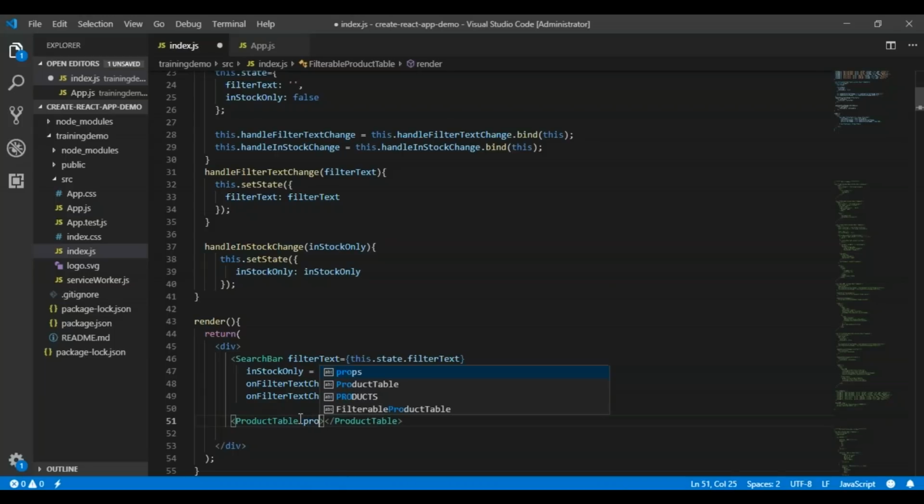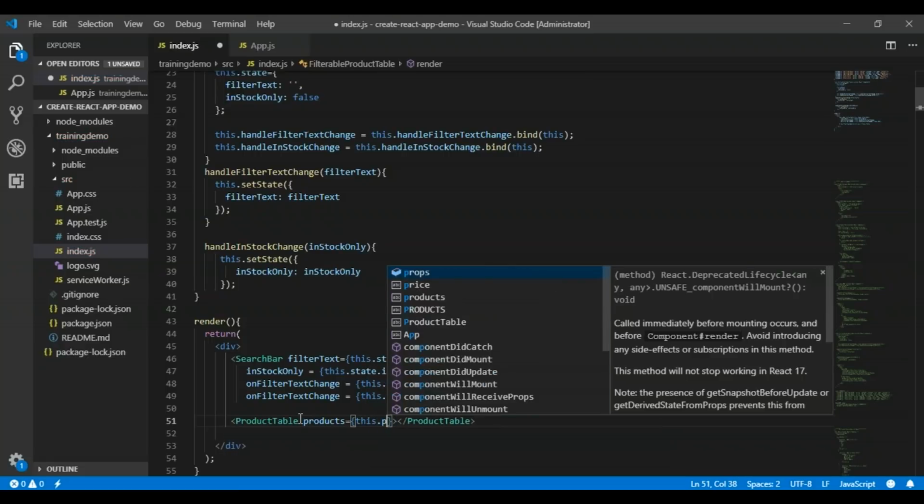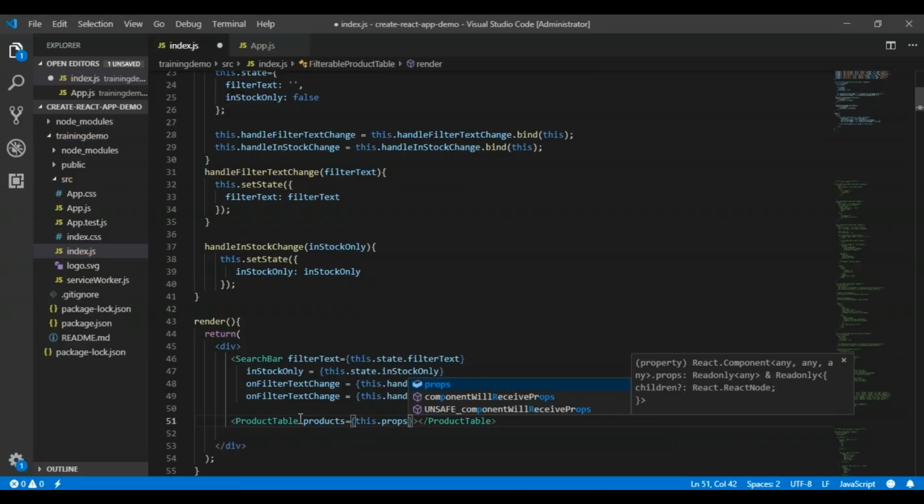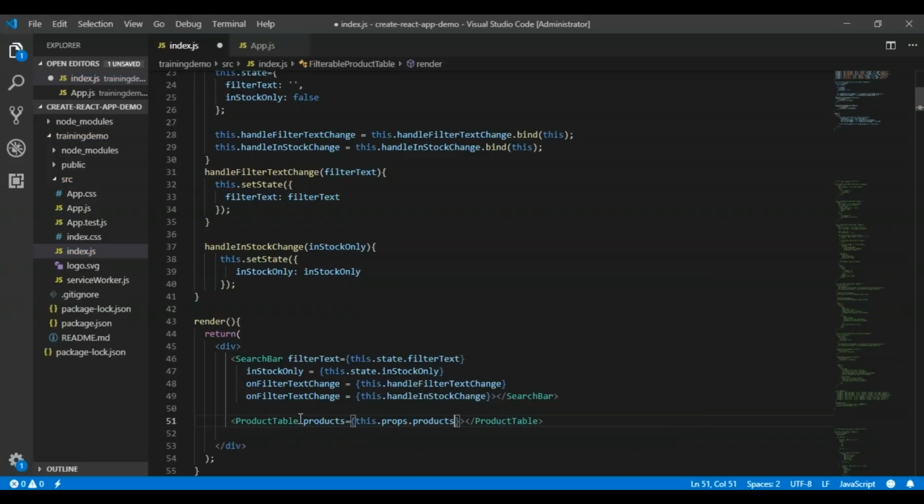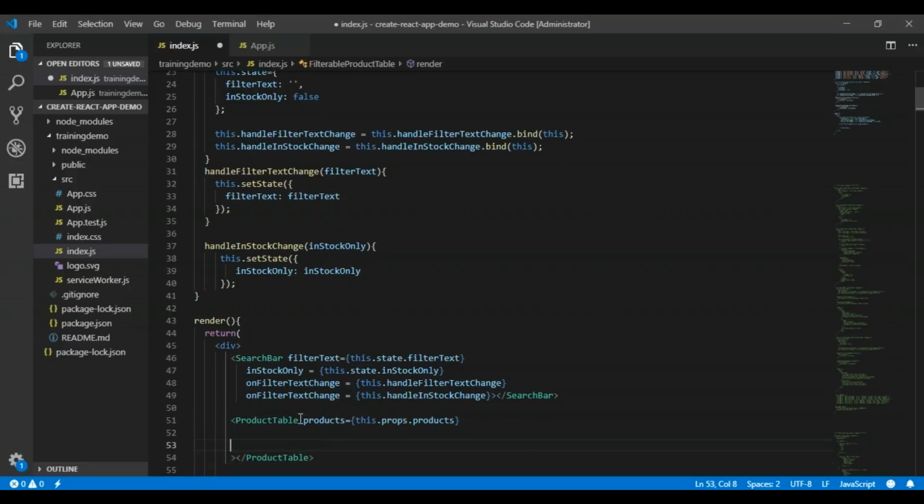Let me define some properties for it. For example, products. What will be my products? I will say this.props, which I'm going to define, this.props.products. I have to define more values for it. One is products. Another, let's say I want to define the filter text.